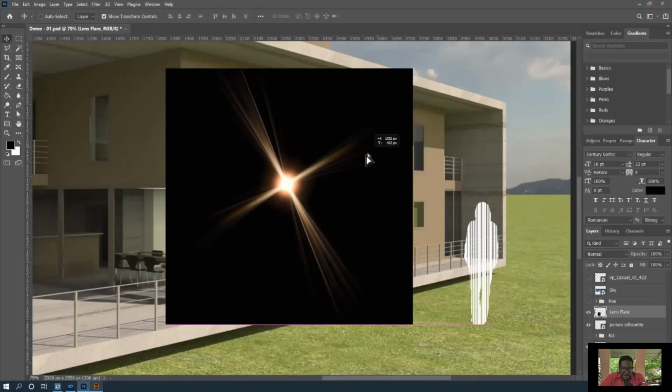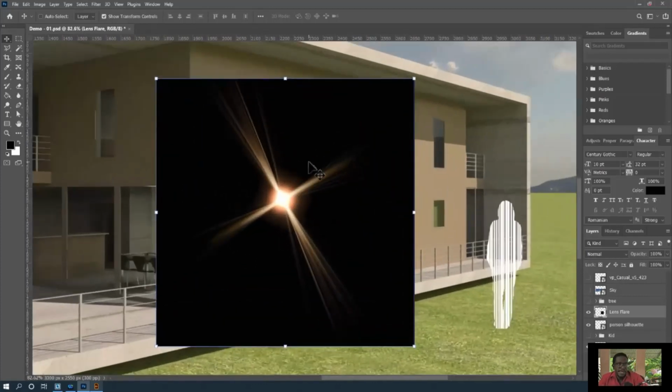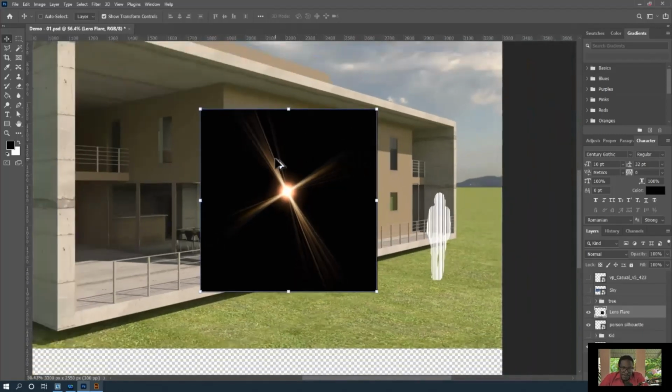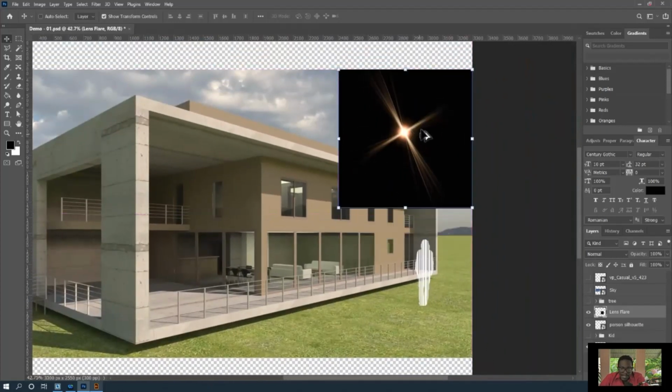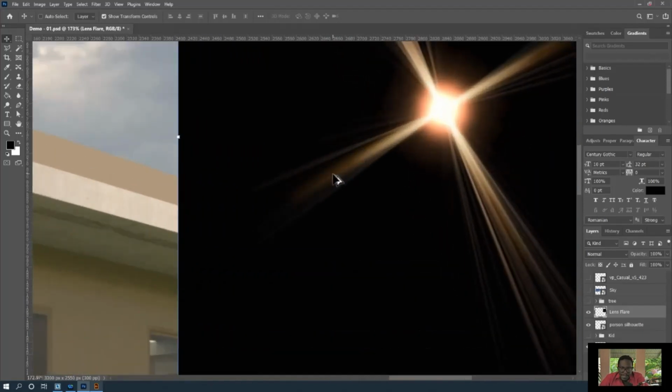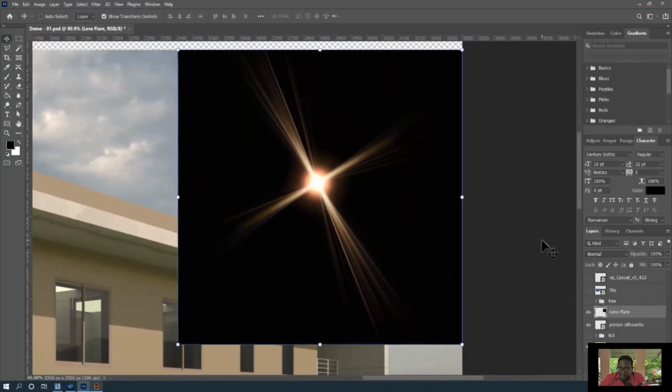Cool. Let's look at a lens flare. Lens flares are basically lighting effects that have been captured as images. But the interesting thing about lens flares is that you can only show them on a black background. So for example, if I wanted to show a lens flare in this image, perhaps where the sun is, there is no way that I could go ahead and start to cut this image out. So this would be the perfect application for using a layer overlay, where I can change it now from normal